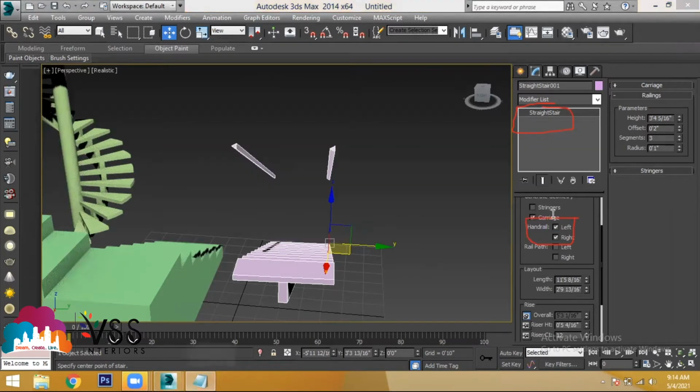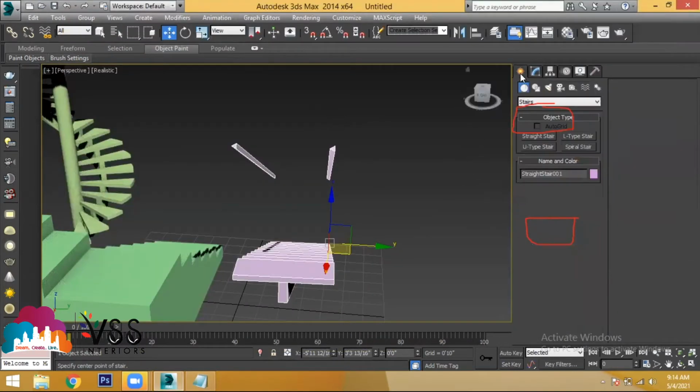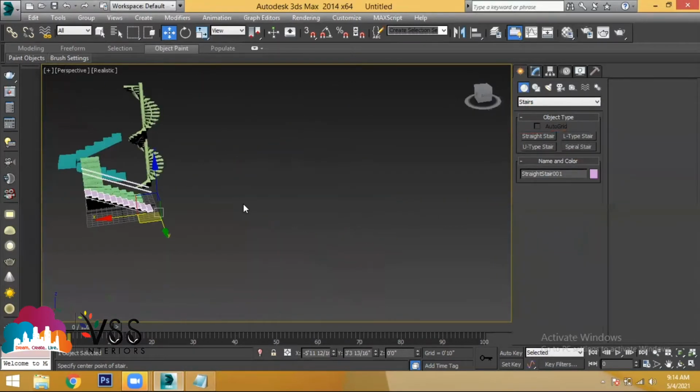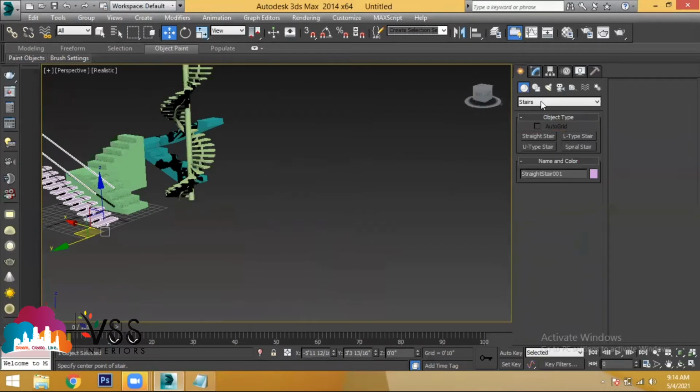And now we discuss about the tool called as railing separately, where you will find it in the create, go to geometry. So let us go with the other option. In geometry, instead of stairs, go with the option called as AEC extended. You will find a category called as AEC extended. If you open this AEC extended, in this you will find the option called as foliage, railing. Railing is a separate tool again.